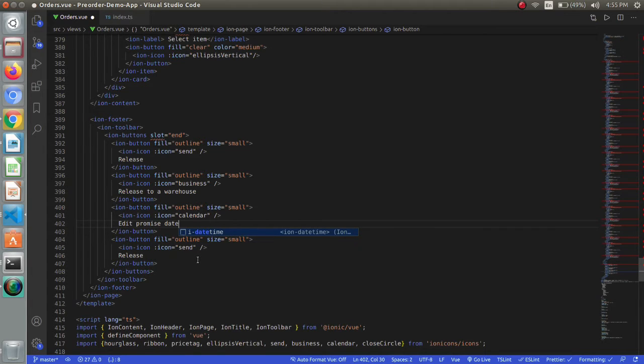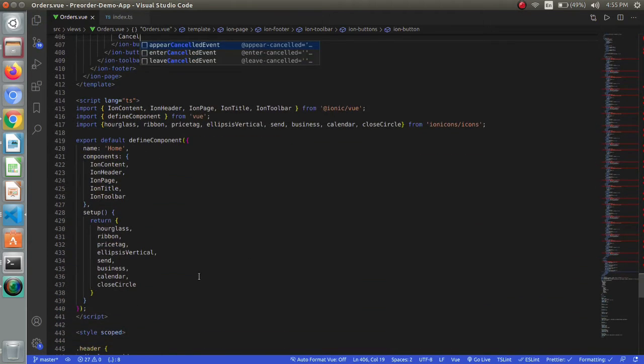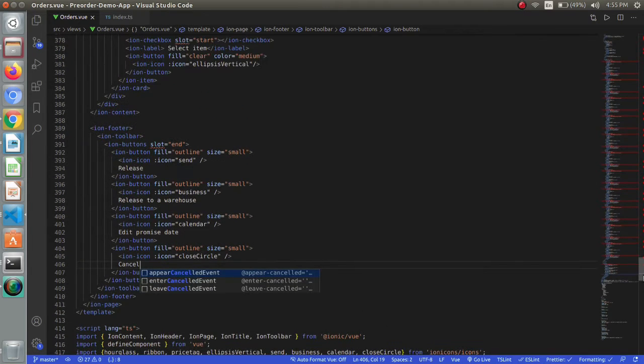And the last one will be a cancel button having the icon close circle. I already have returned them in the setup method.